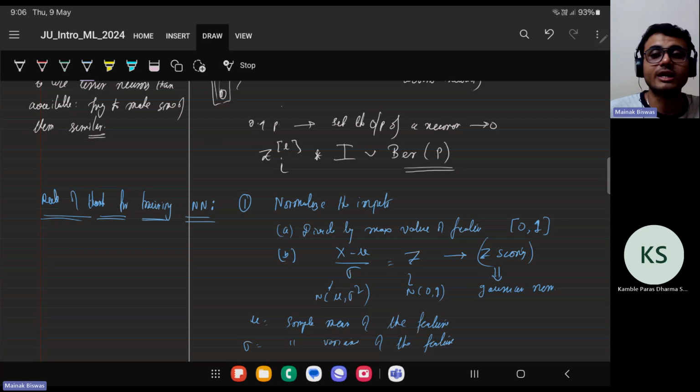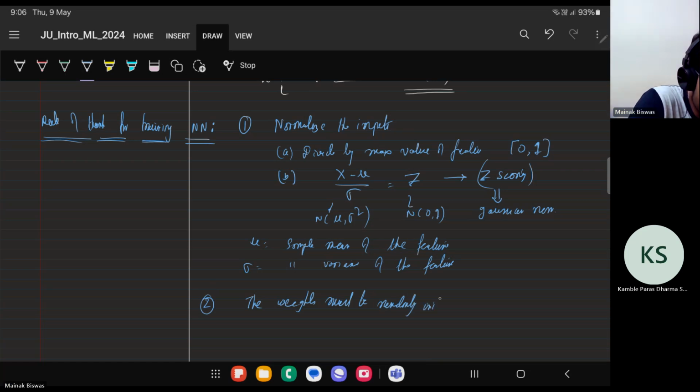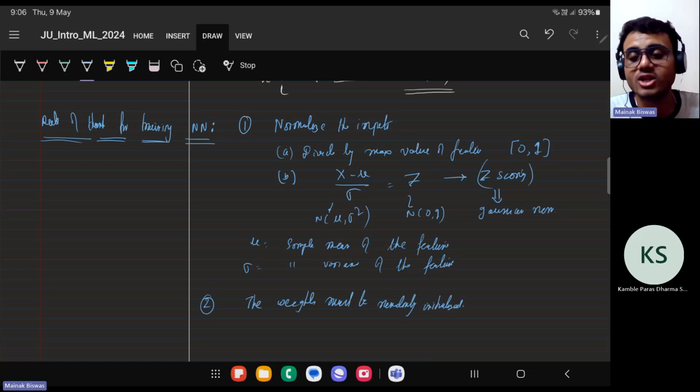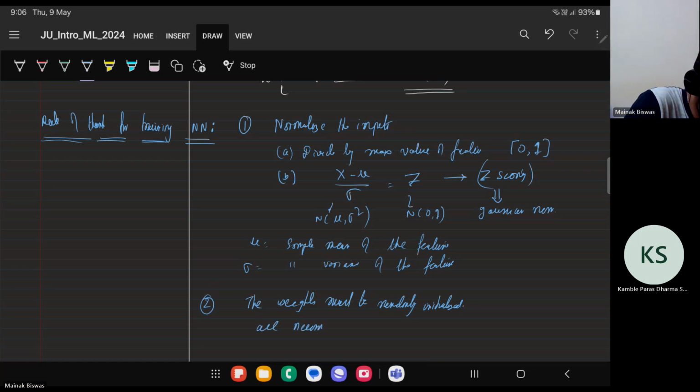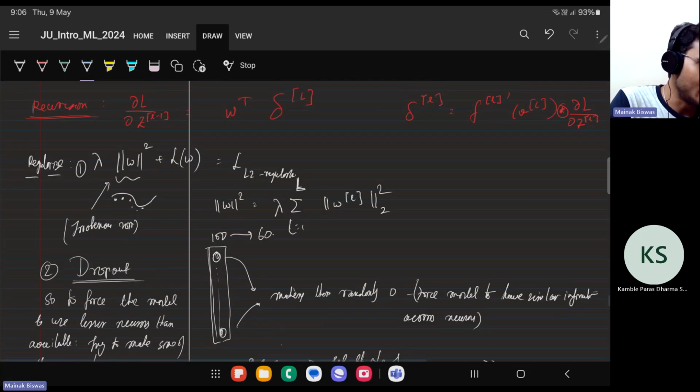This is one. With respect to the inputs, please normalize the inputs. Second, the weights must be randomly initialized. If not randomly initialized, all neurons will end up learning the same function. Why? You see, because the updates depend on the